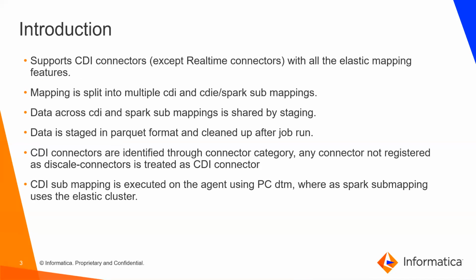So when we talk about hybrid mapping, hybrid mappings combine both CDI plus CDI Elastic, or you can say it is a regular mapping plus an advanced mapping. For example, you have a source which is a CDI supported source, like a SQL connection, native connections, and the target you may have is MongoDB V2. MongoDB V2 is supported only in an elastic mapping. So now when you use a source as SQL and the target as MongoDB V2,